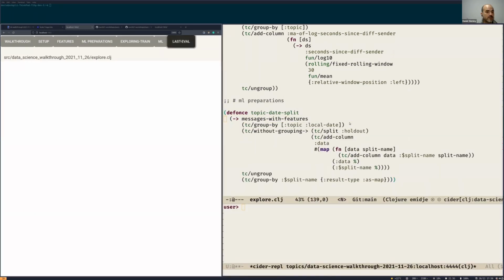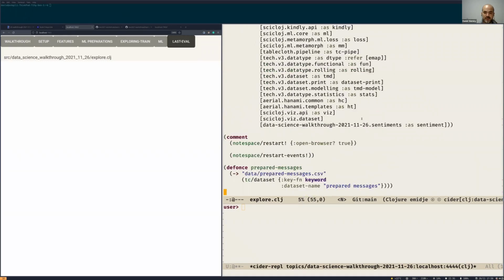Oh, isn't it printing? I have no idea why it's not printing. Now maybe I'll restart the